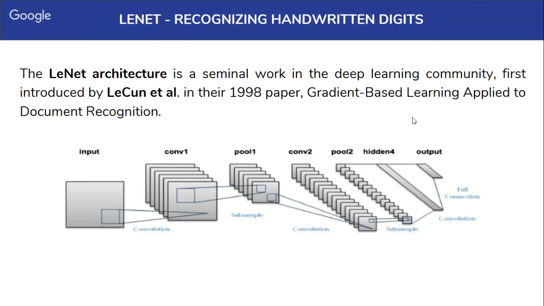So coming back to LeNet, this was designed specifically for handwritten digit recognition. Maybe you would have come across the dataset called MNIST. This was purposefully designed for the recognition of handwritten digits between 0 and 9. Whatever input data I pass to the LeNet architecture, finally it will give you the 10